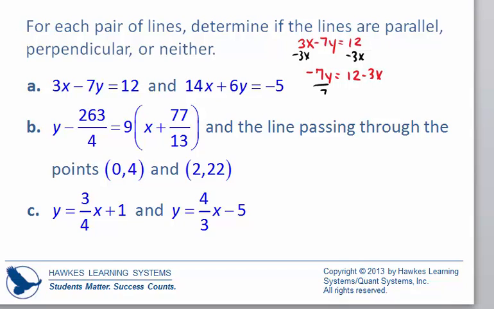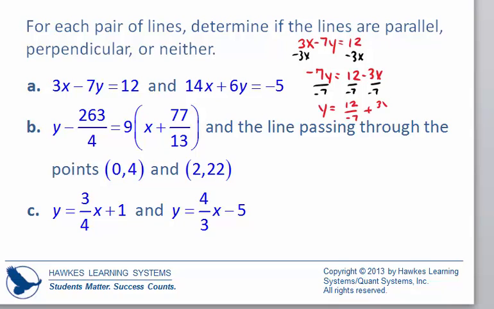I'm then going to divide all three terms by 7. Actually, let's divide it by negative 7. Which is going to give me y is equal to 12 over negative 7 plus, the two negatives make a positive,